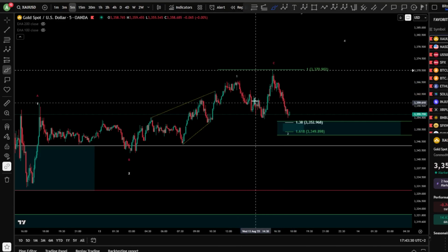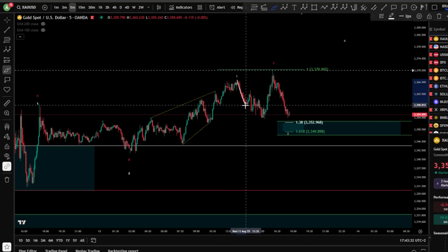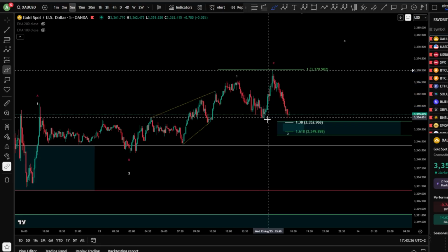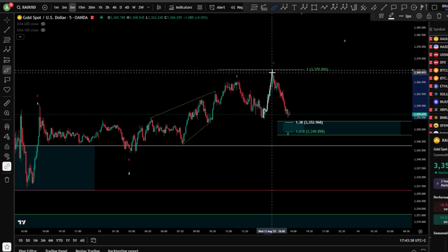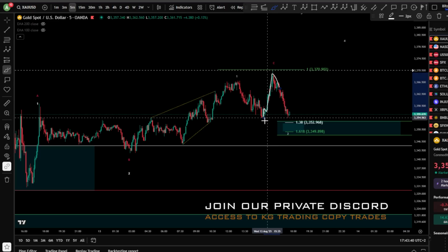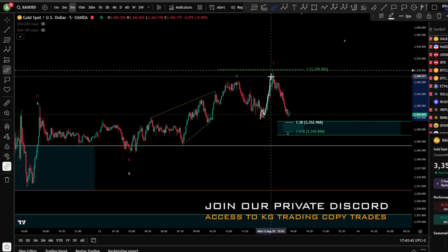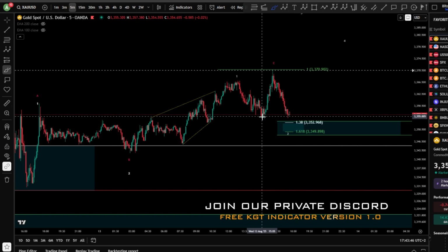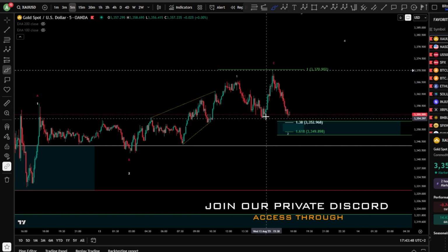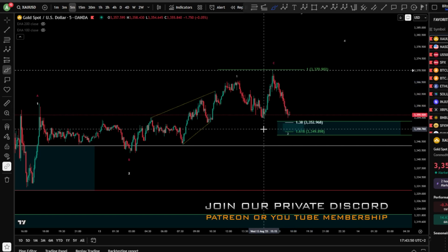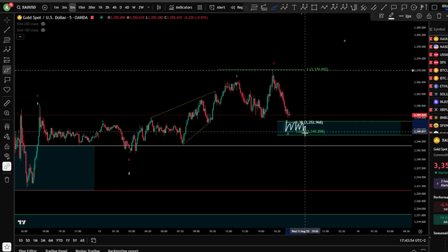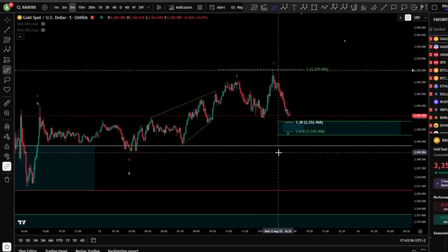After an A, of course, ending diagonal for a wave C, A, B, C. And then you have here kind of like a very fast impulse toward the upside as a wave B. A, B, and a C very extended, and then moving towards the downside. And this is definitely not an impulse 1-2, because if it is, okay, it is invalidated anyway. So A, B, and a C is the level, of course, to be watched. And of course, we might move toward the upside.